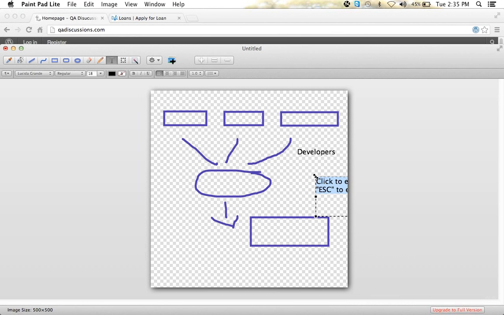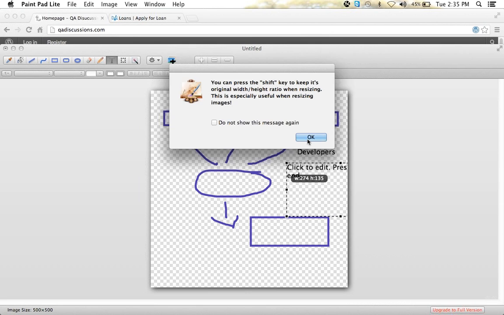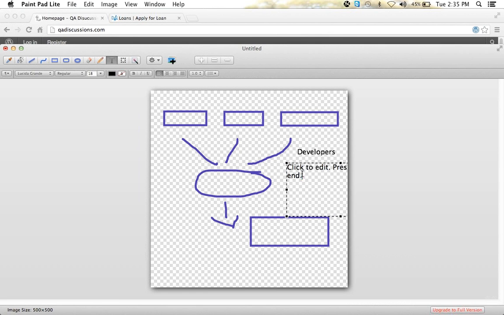And here they are doing integration testing. They are integrating the entire code, and then they are doing integration testing.